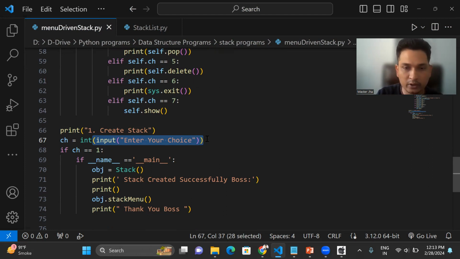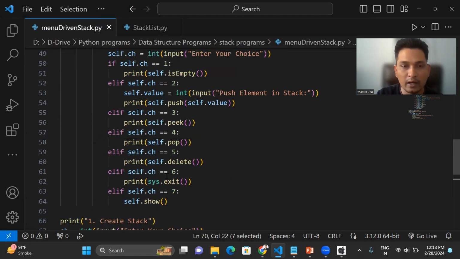Enter your choice. Whatever choice you enter, like you enter 1, that will go inside the memory of ch. Then we compare 1 equal to 1, condition is true. Then we have if __name__ == "__main__". If both are the same, because the name variable contains the same value, the condition is true, so it will come inside. And now if you check